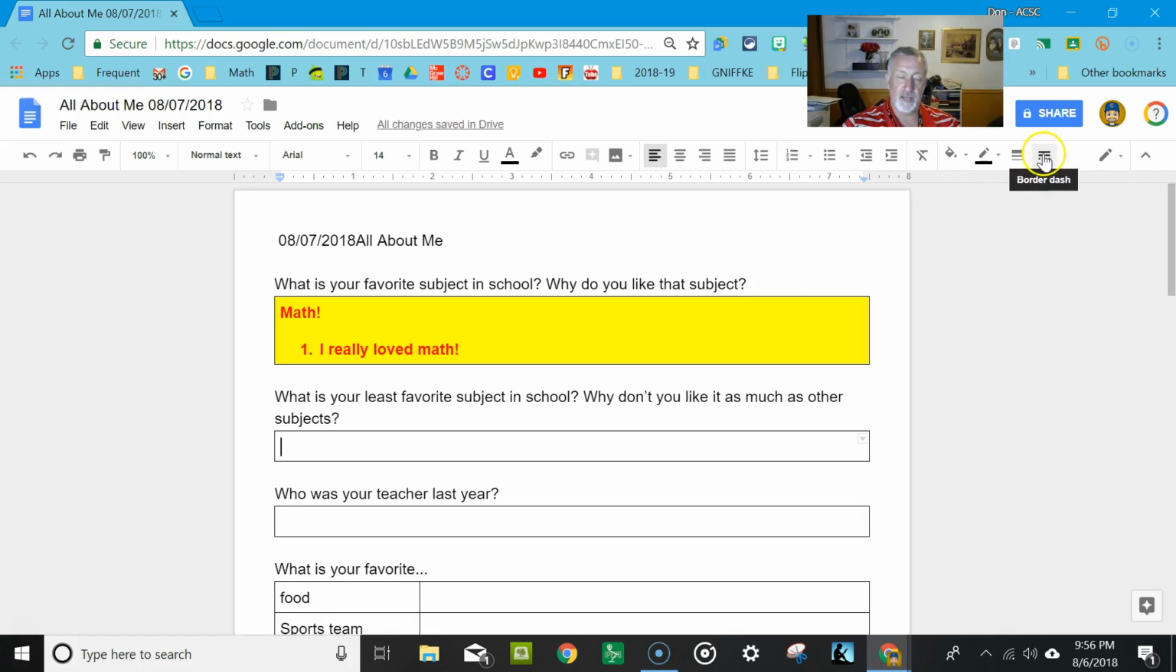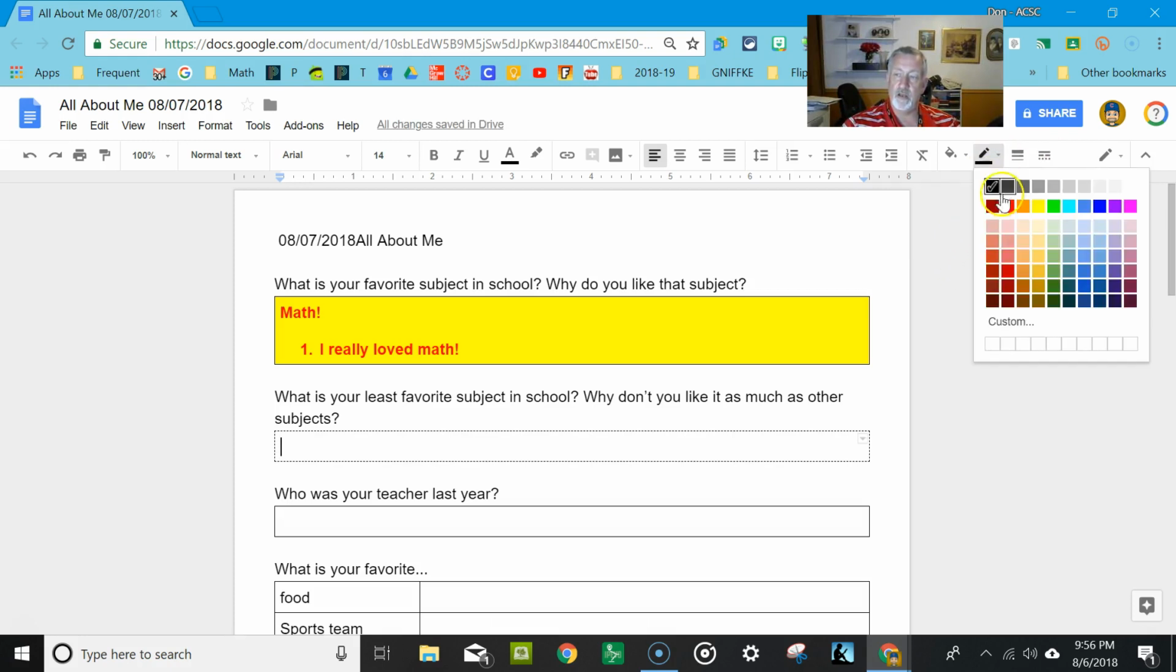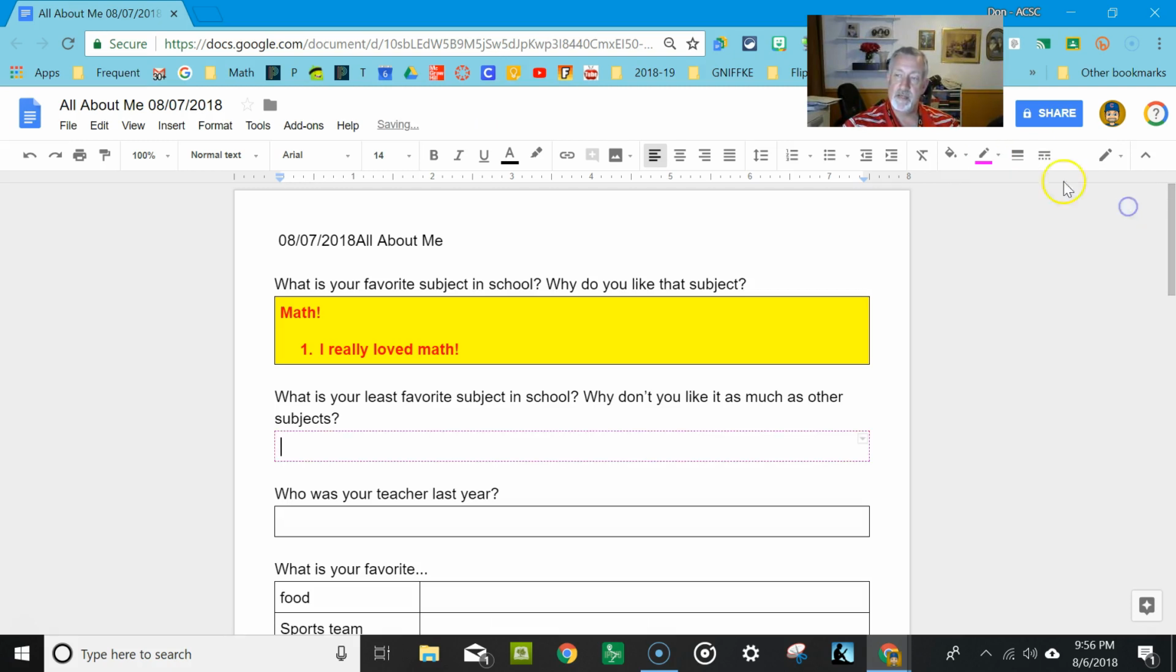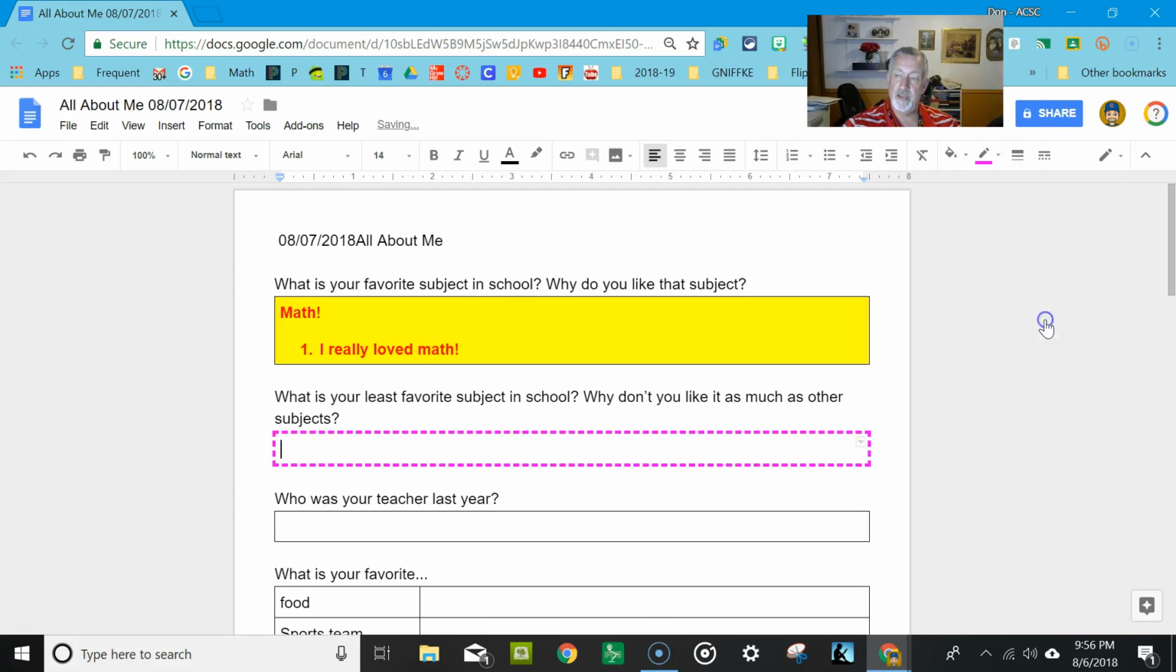Another thing I can do is I can have different border types. So there's a dotted line for my border type. Okay, border color. So let's go with purple and thick and dotted. Okay, so there's things you can do, and remember, the things that we can do here in Google